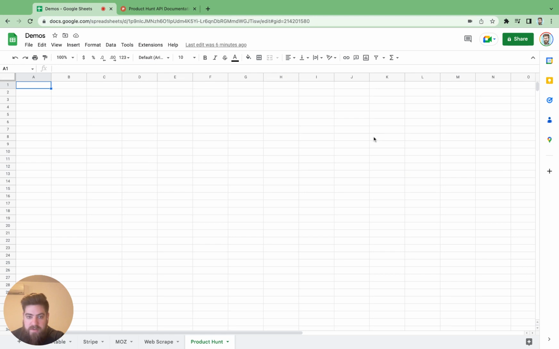We're going to show how to do two things within a Google Sheet using APIGum. We're going to show you a single request, and this request is going to be calling the Product Hunt API, which is a GraphQL API. So we're going to show both a GraphQL request and also how to pull posts from Product Hunt using the